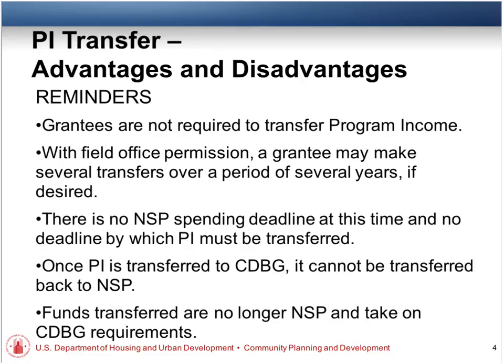So, we've been talking for the last few weeks about ways to get the closeout, and one of the big ways is, if you have funds left in your line of credit, to get rid of your program income and transfer that over to the CDBG program.